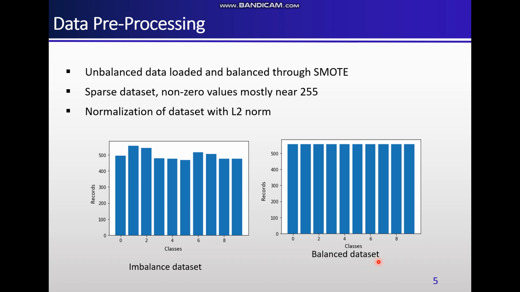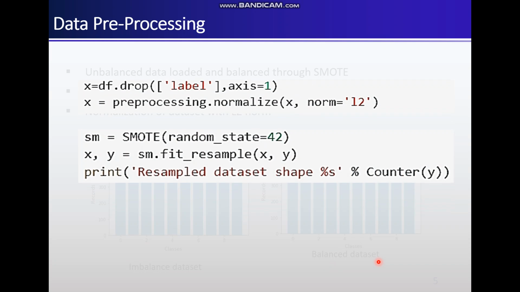So the L2 norm was applied when I did the normalization process. This is the code snippet of this SMOTE. First, after reading my data set, I sorted my independent variables and dependent variables into X and Y. X was basically the feature vector in which I have placed all my feature columns, dropping the label column so that only the independent